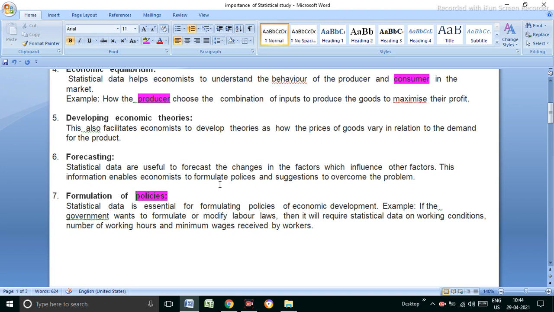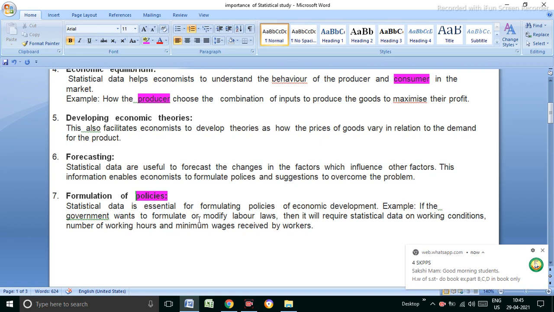So this is a policy. This is a scheme launched by the Vice CM, the Deputy CM. So this depends on the data, and the data is provided by statistics. I want to share here that statistical data is essential, and on the basis of the data the government, ministers and chief ministers can announce various types of schemes.